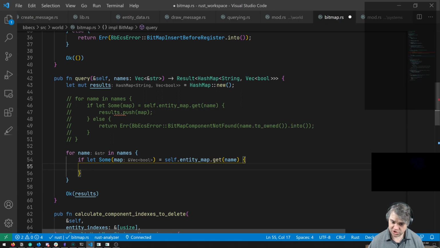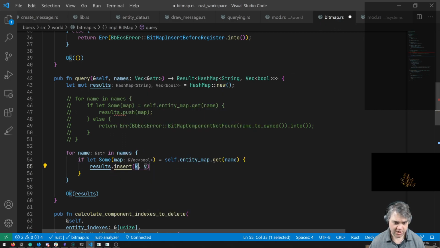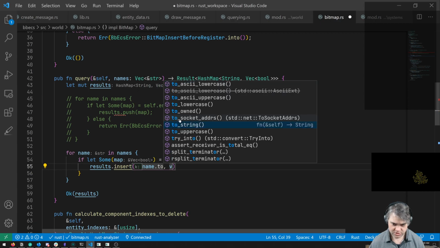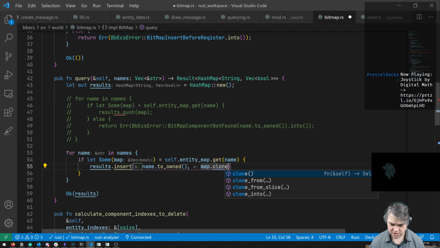I just want to clone this vector and throw it in here. That's pretty much what I want to do. So I want to do results dot insert. Our key is going to be the name dot to_owned, and our value is going to be the map dot clone.